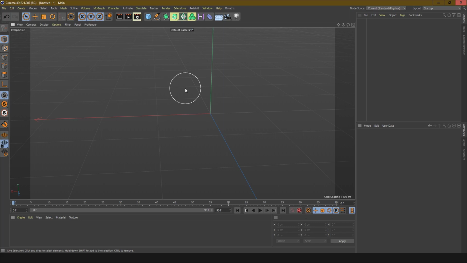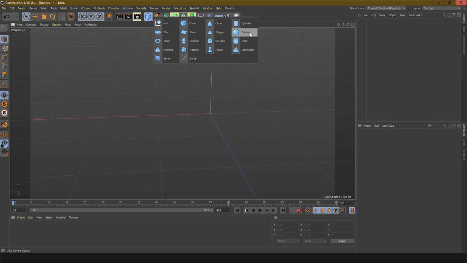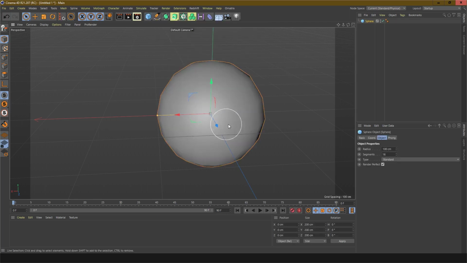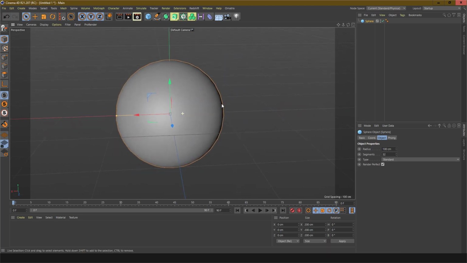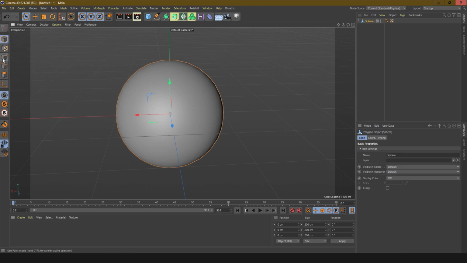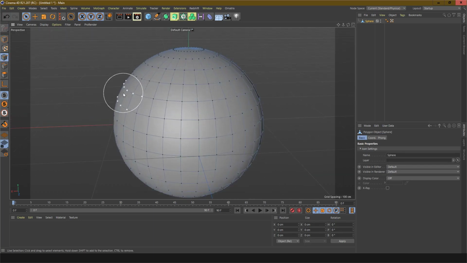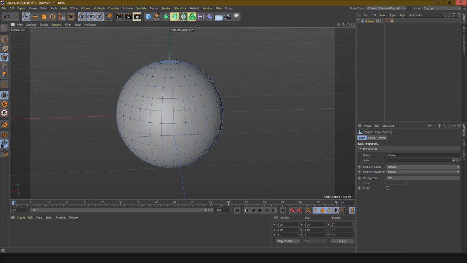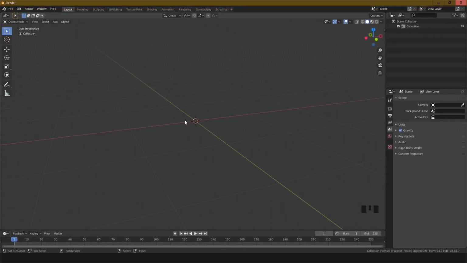First, I'm going to add a sphere in Cinema 4D. Change the segments to 32, and press to make it an editable mesh. Then on the other hand, in Blender,